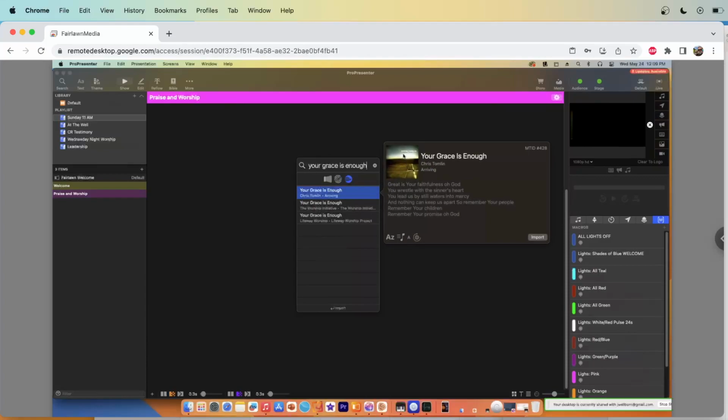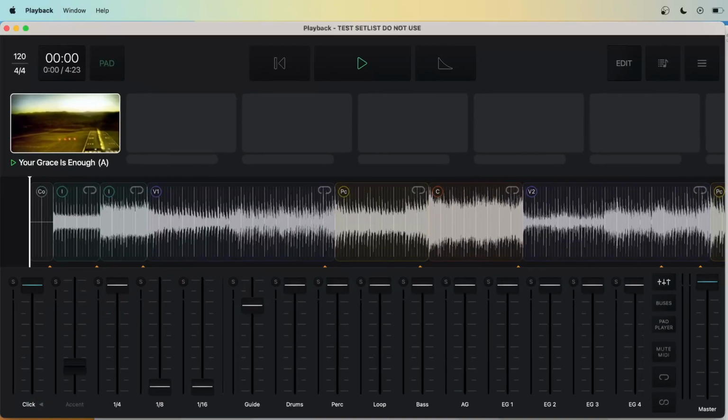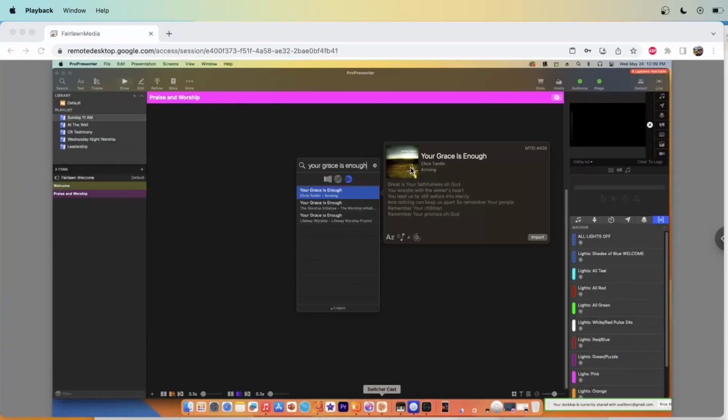So as you can see here, this album icon matches what we see on playback, right? This looks like an airport landing, and that's exactly what we're seeing here. So we know we have found the exact same song. Very, very important. Click on the word import,